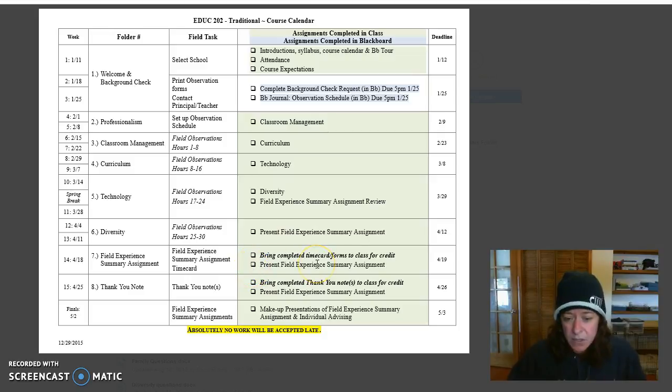Then we're going to make sure you get your time card in, and bring that to class. We'll be finishing summary assignments because these take a good bit of time, and your class I think is totally full, like 30 students or something. So it'll take 4 class meetings because we only meet once a week for 50 minutes. So it takes 4 weeks to get through those. And then finals week I use for makeup work and individual advising. So that's the whole class in a very brief overview.